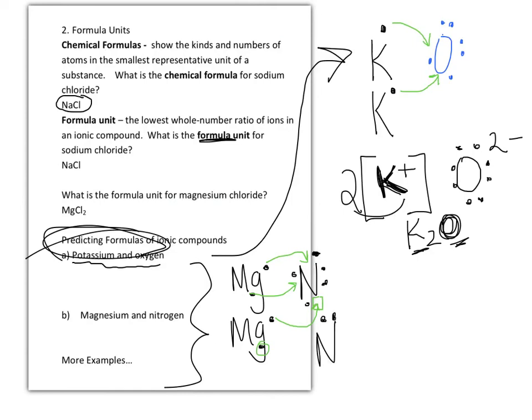So 1, 2, 3, 4, 5. And what will happen is this electron from this magnesium will come over here to this nitrogen. But you still have 2 open spots in that nitrogen. Therefore, what you're going to do is add another magnesium. I'm kind of running out of space, but I think I can do it. So another magnesium with 2 valence electrons, and those will go over. And now every one of these has lost or gained the amount they need for octet. So then what you end up with